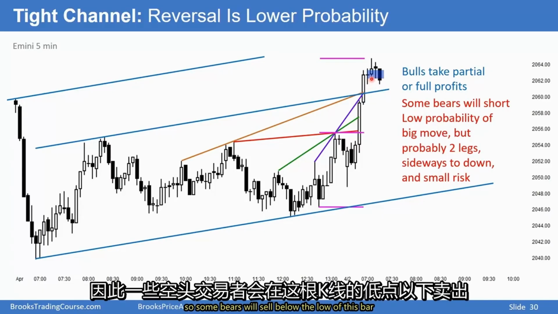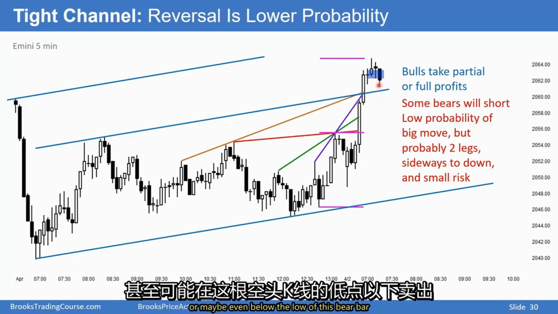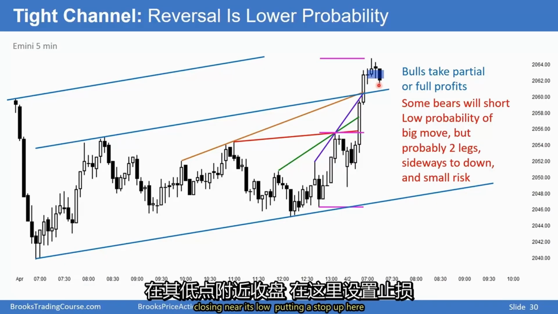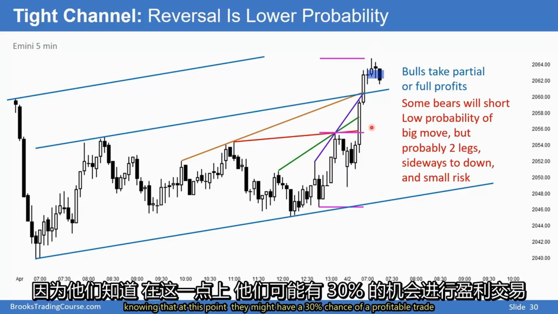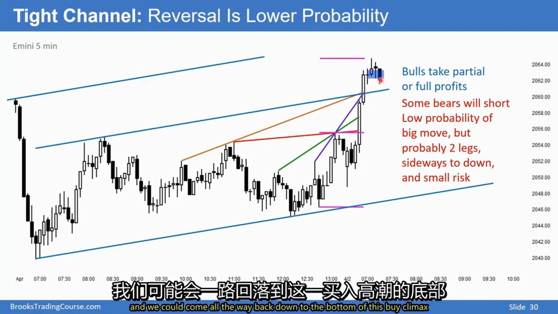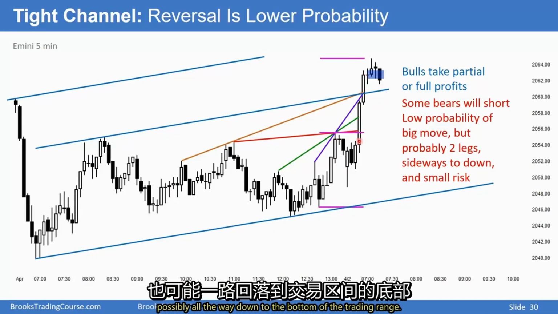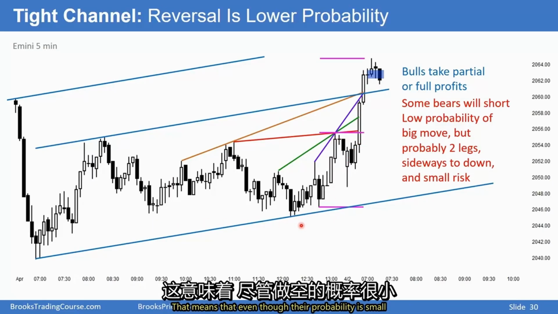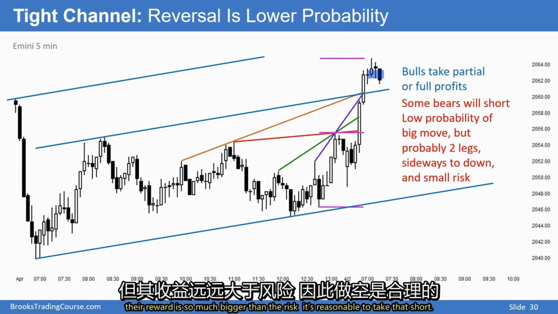So some bears will sell below the low of this bar, or maybe even below the low of this bear bar closing near its low, putting a stop up here, knowing that at this point they might have a 30% chance of a profitable trade, but it could be the top of the move and we could come all the way back down to the bottom of this buy climax, possibly all the way down to the bottom of the trading range. That means that even though their probability is small, their reward is so much bigger than the risk, it's reasonable